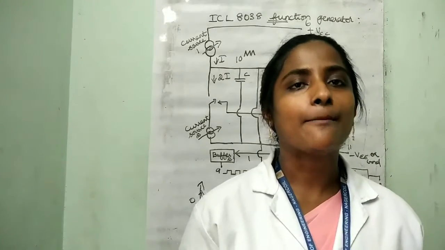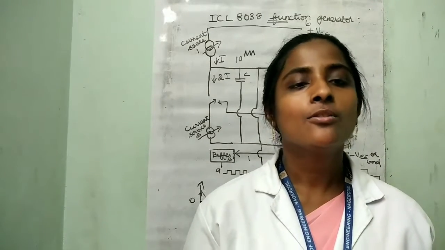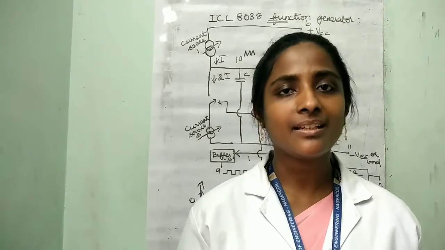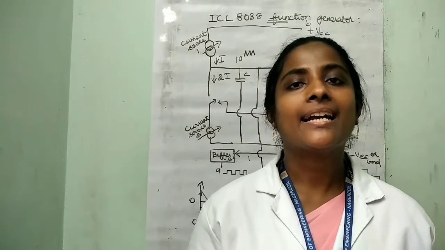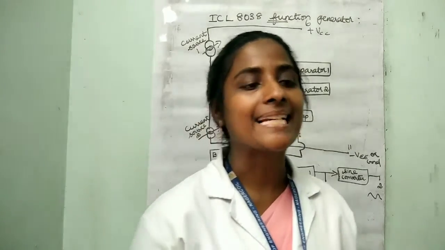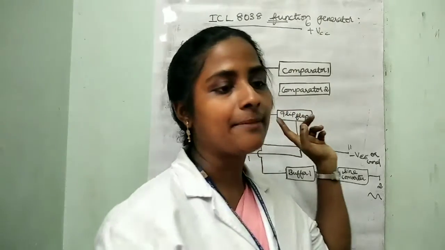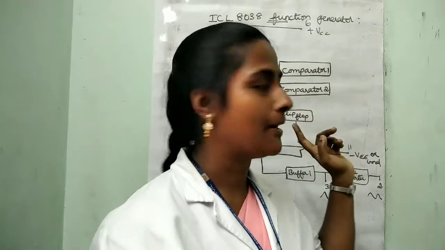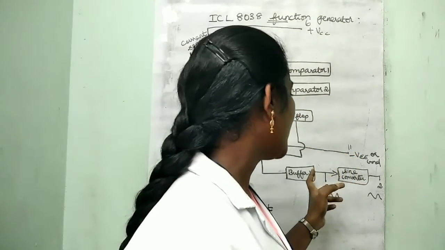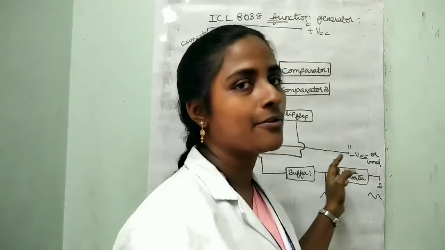Two comparators and buffers. It will pass through them and then pass to the sine converter, which will produce a sine wave. These two are connected to the comparator and a buffer and then pass to the sine converter, which converts